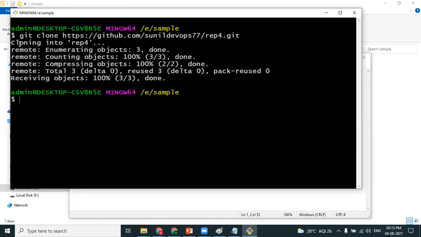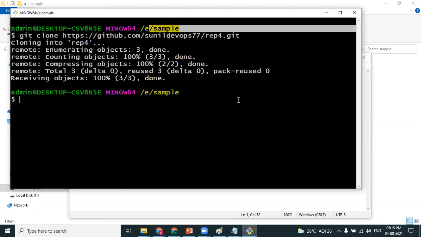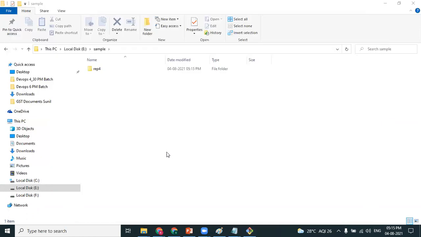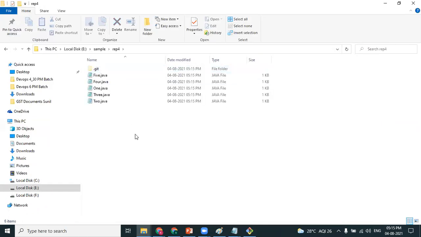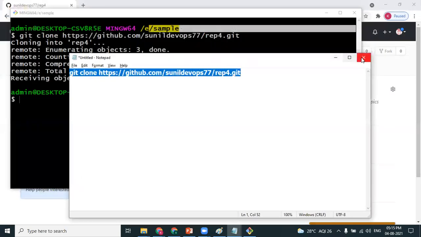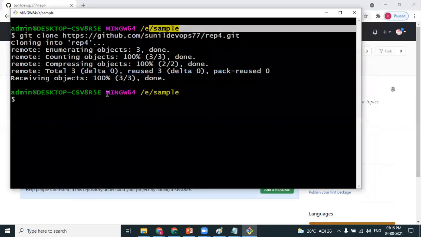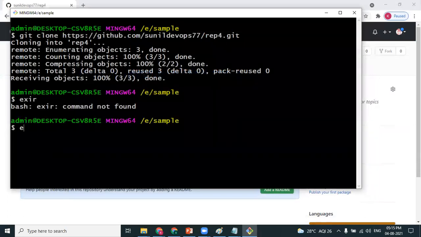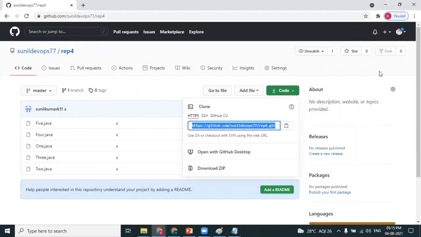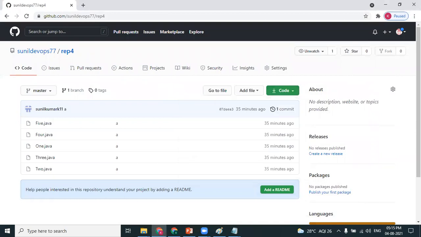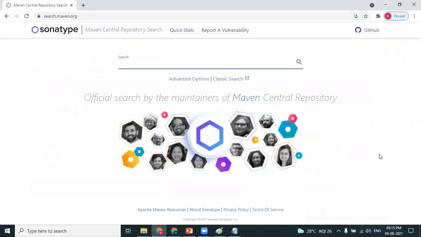What's the response you're getting? Cloning the repository. Where have I cloned it, what's the name of the folder? Sample. So now you go to the Sample folder. Can you see the repository folder downloaded, and are you able to see the files? Yeah. So this is where you can download it. That's not a problem. It's pretty simple. But the point is, whether you're uploading it from the GUI or from the front end, you can use git clone to clone it. Okay, clear? Kumar? Clear.